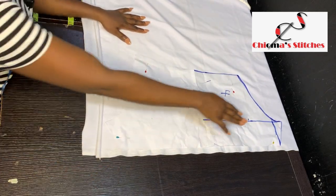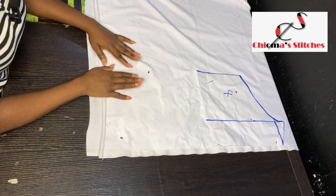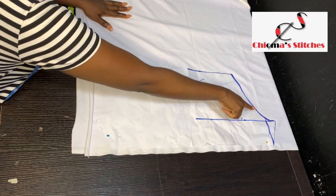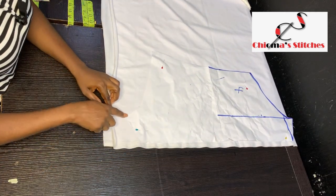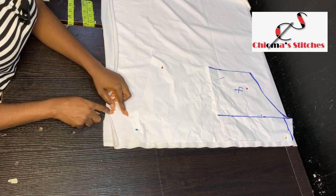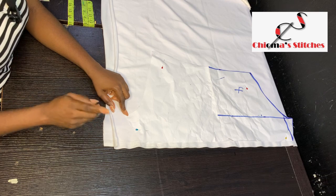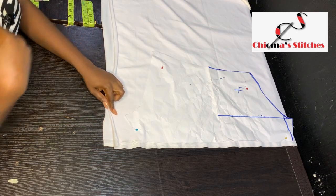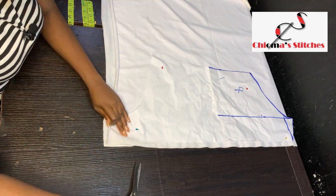Okay, so I've pinned my pattern, as you can see. Now what I'm going to do is I'm going to be cutting this out. This place is the back piece, that is the front piece. Now because I used only 2 inches for the crotch area for the front, at the back I am going to be extending the crotch area a little. I will add extra 1 inch as the crotch area for the back. Okay, now this is important because our crotch for the back is usually deeper than that of the front. Note this. Okay, and so I'm going to be cutting the back like so,